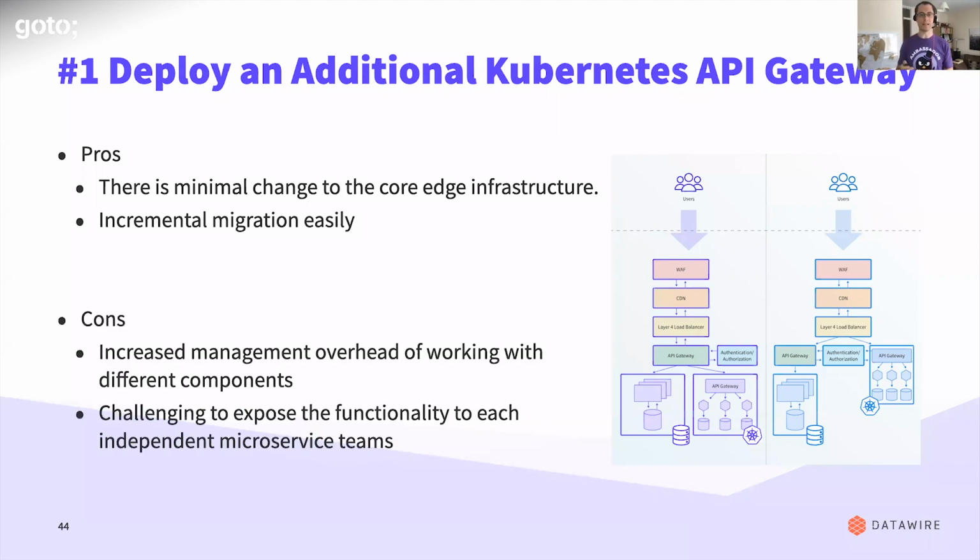From a cons perspective, they're pretty obvious too, right? It's increased management overhead. You've got 2 gateways in the mix. One really gnarly problem we had with a customer a while back was we were having some challenges around auth and security in the new Kubernetes API gateway. And what it actually turned out was the original API gateway, the gateway sitting at the top, was stripping out some critical headers we needed for making decisions in the new gateway. But trying to figure out where in the stack these things were happening, and it wasn't documented, was just a nightmare of debugging.